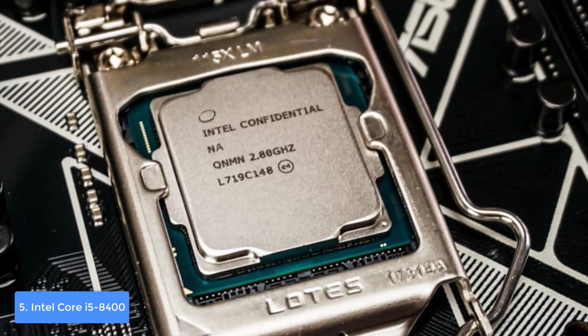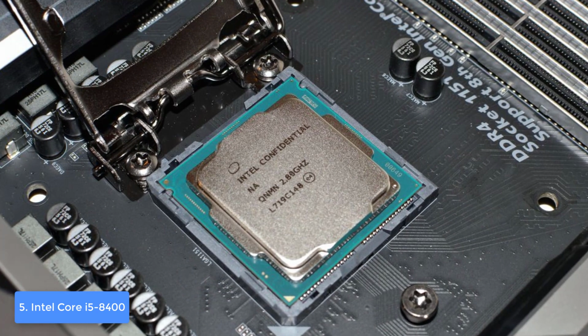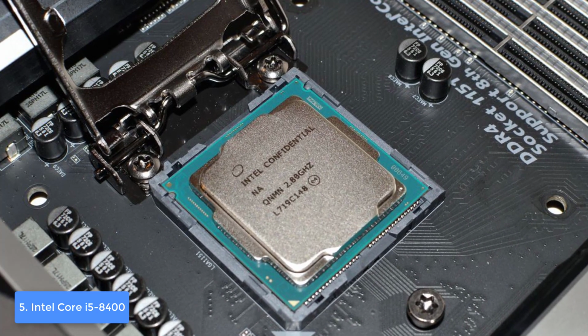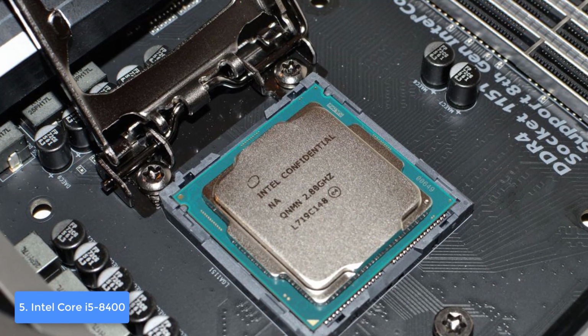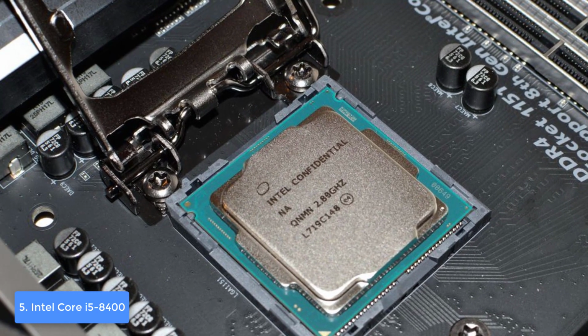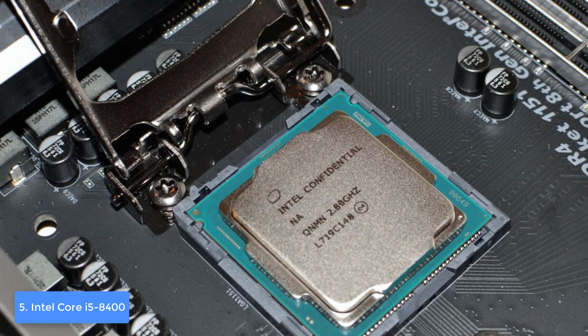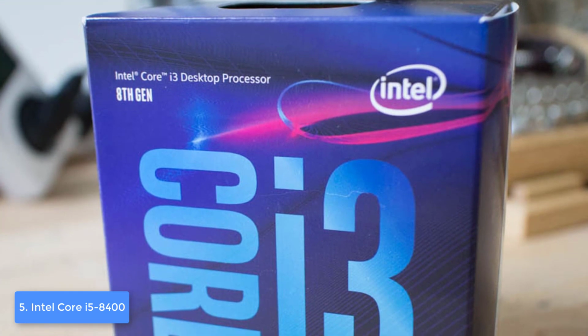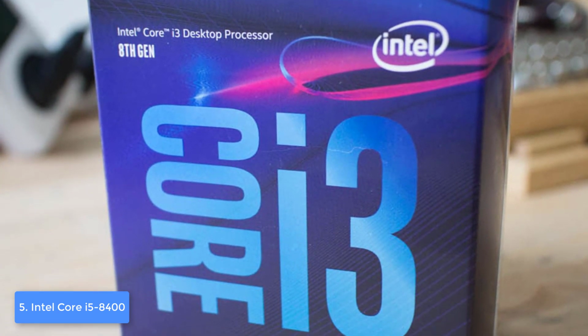Before we dive deeper into the discussion, I'd like to inform you that this processor is only compatible with motherboards that are based on the Intel 300 series chipsets. That's why you should keep this info in mind, especially if you want to build your own rig and have this processor as a founding base for your setup. This is because the Coffee Lake-based 8th generation Core processors use the LGA1151 socket as the 7th generation, and they